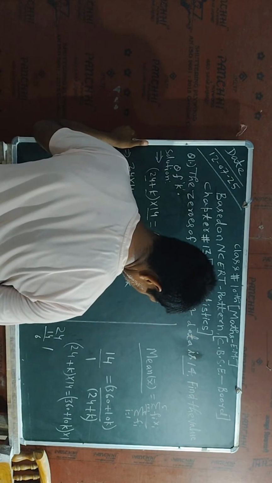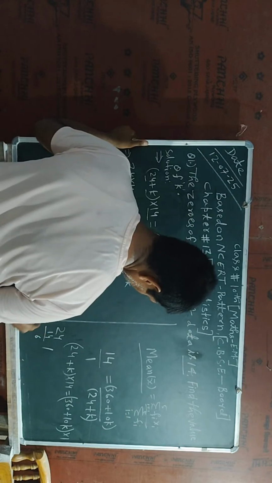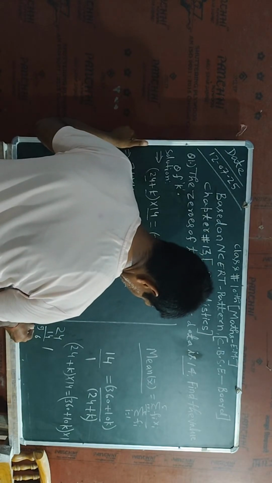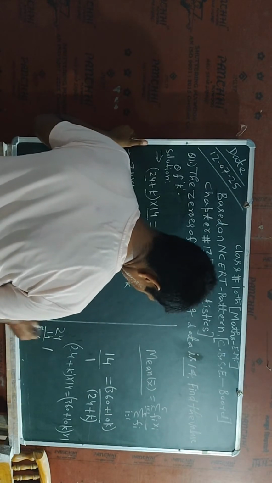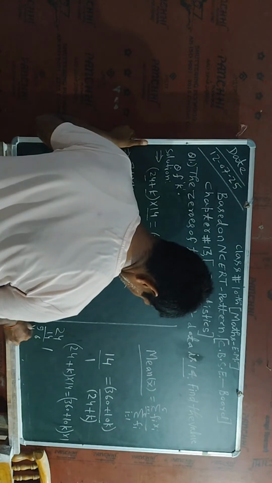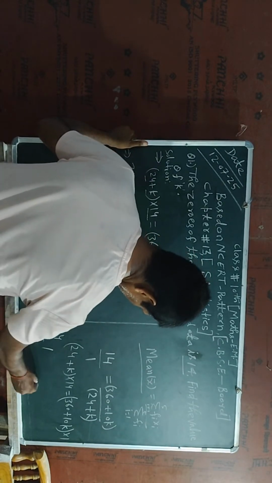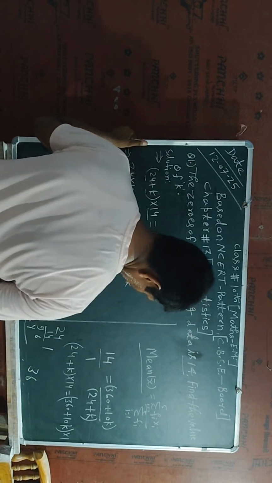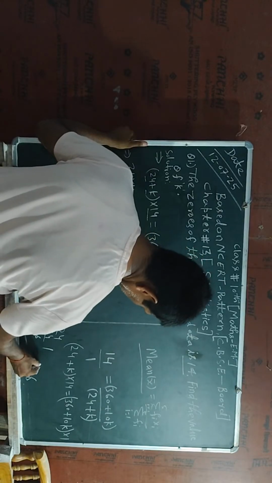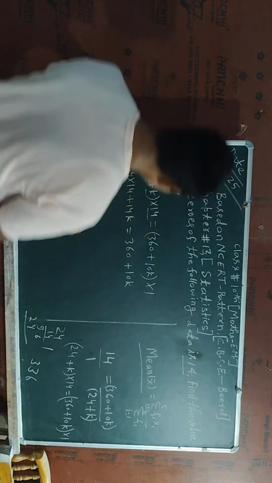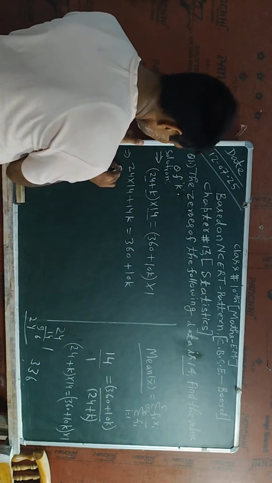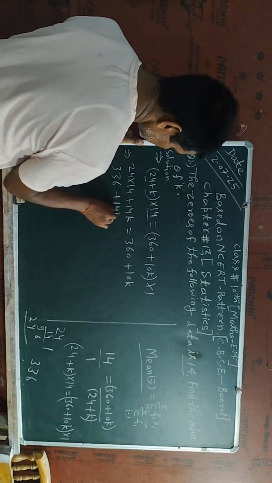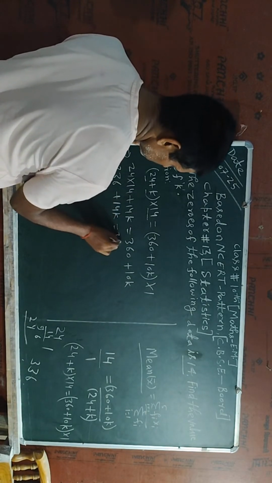4 times 4 is 16, 6 carry 1, 4 times 2 is 8, 8 plus 1 is 9. Here will be 4 and here will be 2. Again I will add, so I will write 6, here will be 3 and here will be 3. So after multiplication I can write here 36 plus 14k, which is equal to